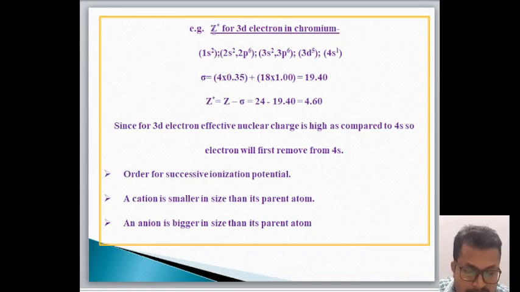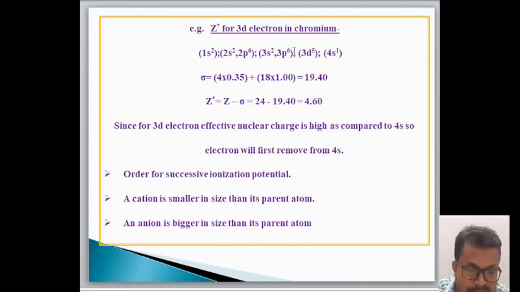Similarly, now we will calculate the Z-star, the effective nuclear charge, for the 3d electron. To calculate the effective nuclear charge for the 3d electron, we need not consider the 4s electron. This is because this 4s electron is present beyond, or on the right hand side of, this particular group. So for 3d, 5 electrons are there in total, so we will only consider 4 electrons. So 4 into 0.35 plus